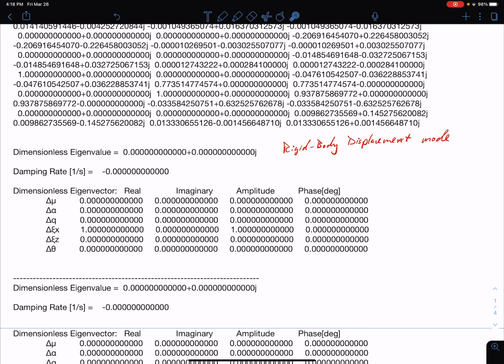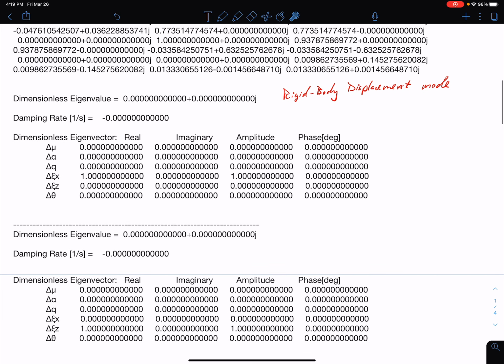So what it's saying is the dynamics of this system are independent of where you choose your x location of the aircraft. And that makes perfect sense, right? It doesn't matter where my aircraft is located or what the x coordinate of my aircraft is. The dynamics should be the same within the approximations we've made here. So that's what that's telling us, that the dynamics are independent of the value of this variable.